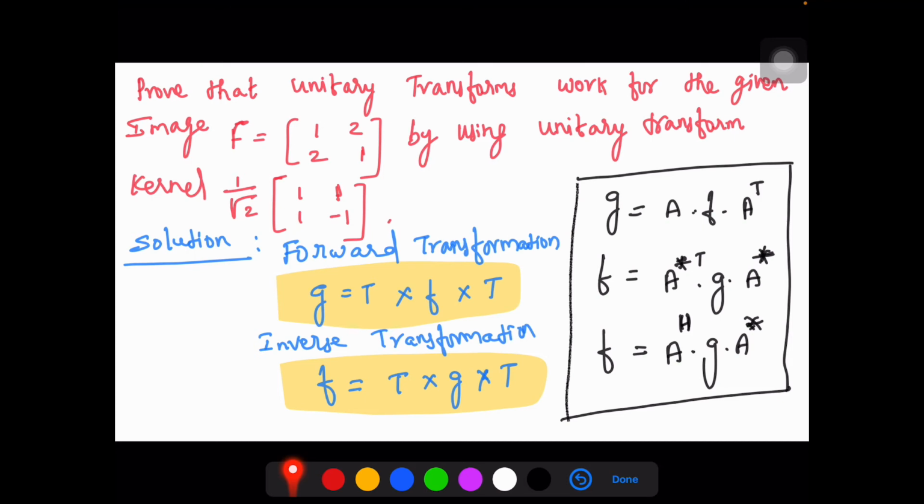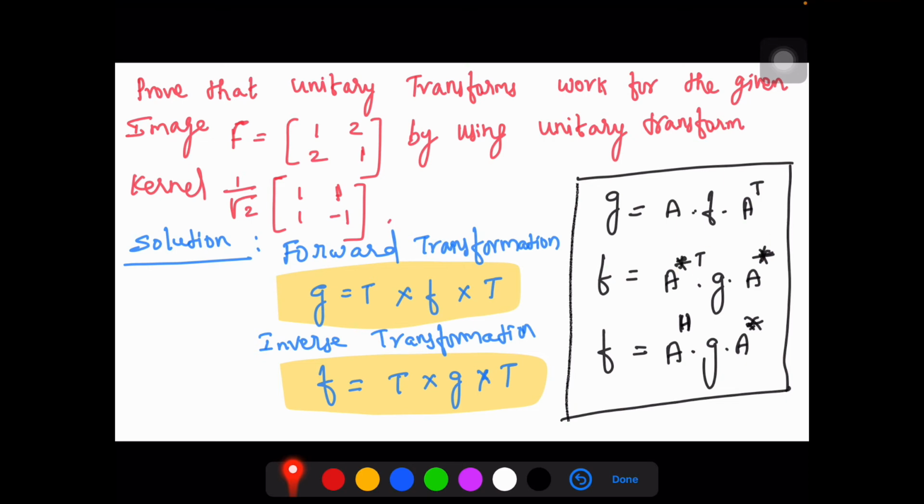And you know that the forward transformation is given as G is equal to your kernel matrix multiplied with the image multiplied with the kernel transpose, and your inverse transformation is given as f is equal to the kernel conjugate transpose multiplied with G and the kernel. So here let us take G is equal to A into F into A transpose. And similarly F is equal to A conjugate transpose, that is the inverse, G into A